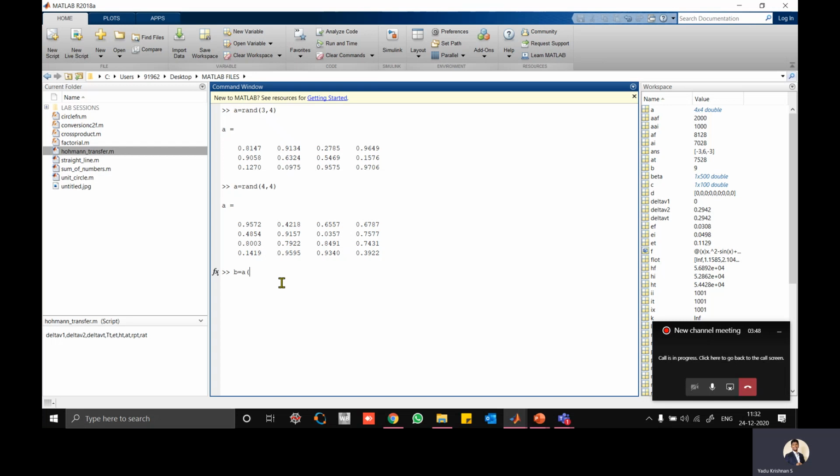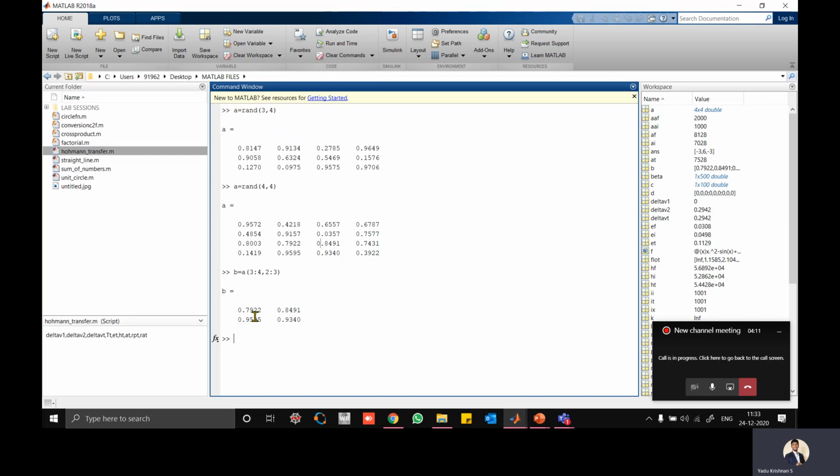That is A of, from where to where do I need? I need the rows from 3 to 4, and the columns from 2 to 3. See here, these 4 values are there. This is how you extract values from a matrix.